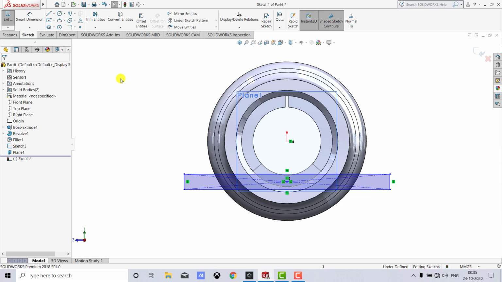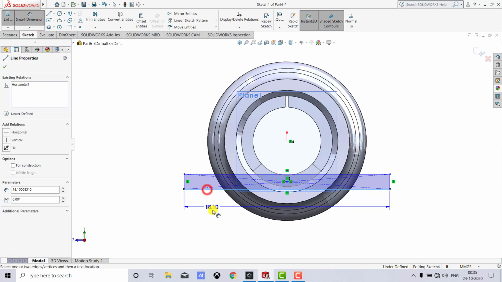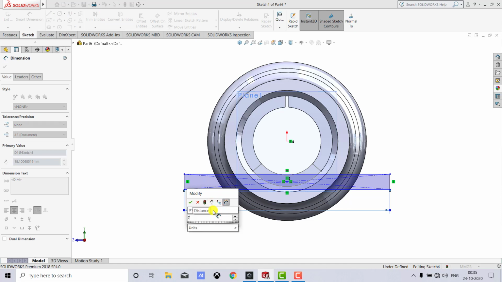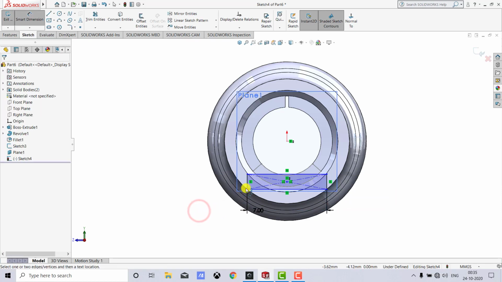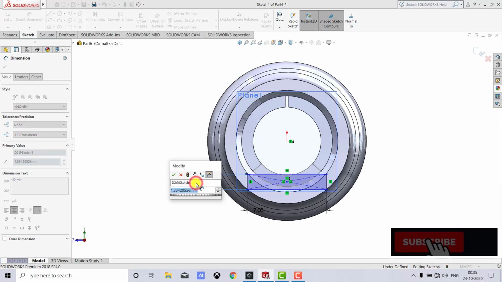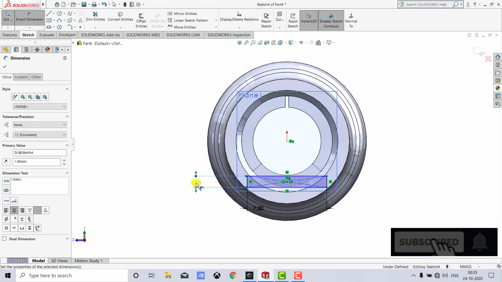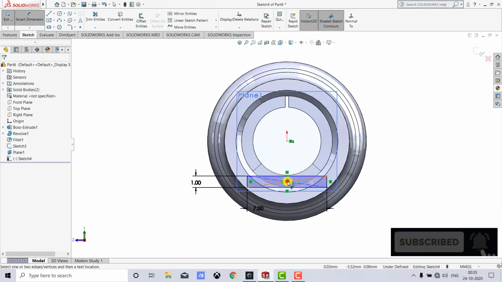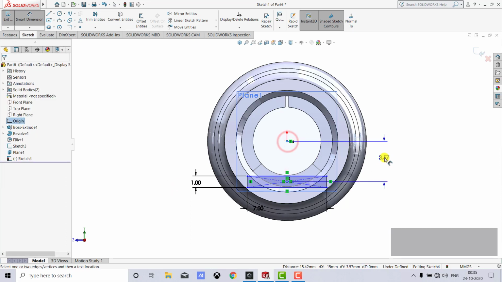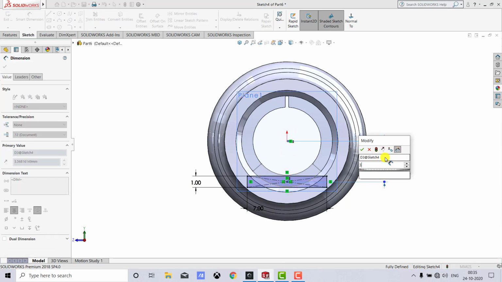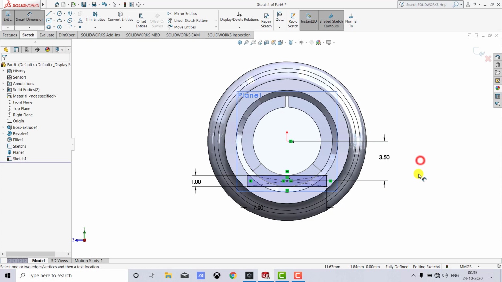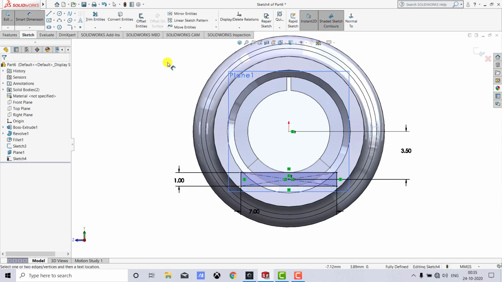Now we'll specify the dimensions, and for that we'll select smart dimension. Now this line is 7 mm, enter here 7, and this vertical line is 1 mm, so we'll enter 1 mm. Now the distance of the center of the rectangle from this origin is 3.5 mm, so we'll enter 3.5. Now you can see that the sketch is fully defined, so we'll exit the smart dimension and